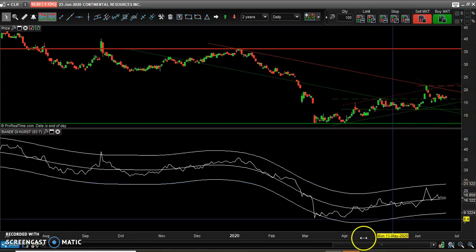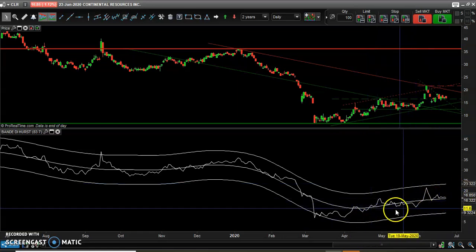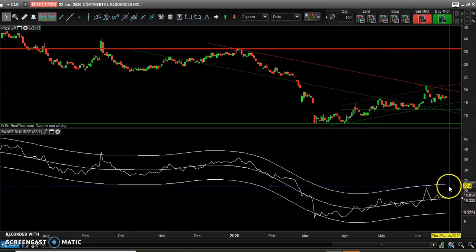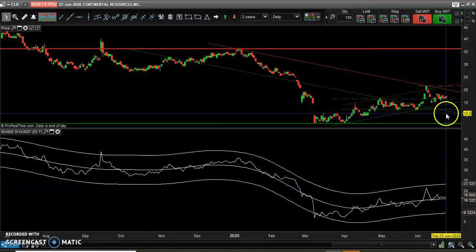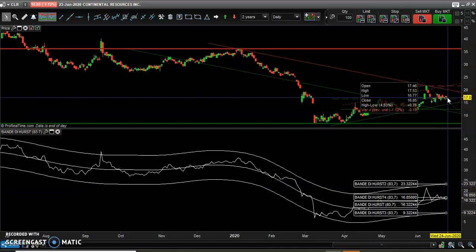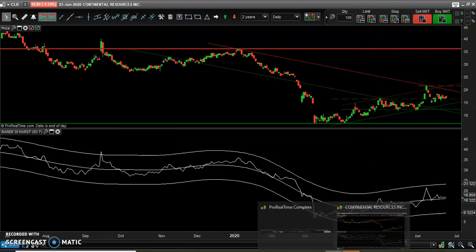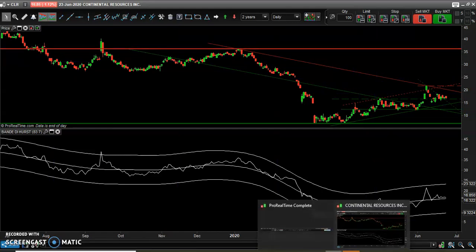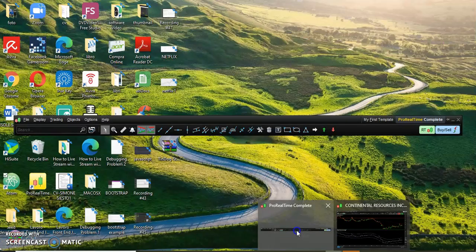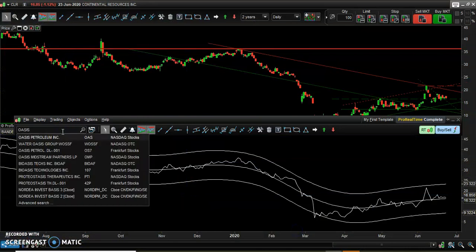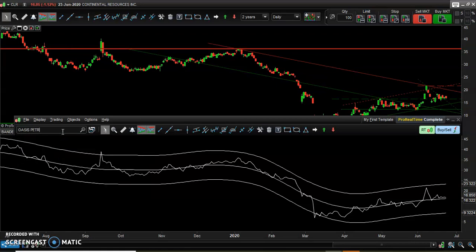As you can see here, the derivative of the Siesto band is positive, yet I will not trigger any long at this time, since the long-term trend is quite negative. So this was Continental Resources. Now let's see Oasis Petroleum, and let's see what our Siesto bands can forecast.